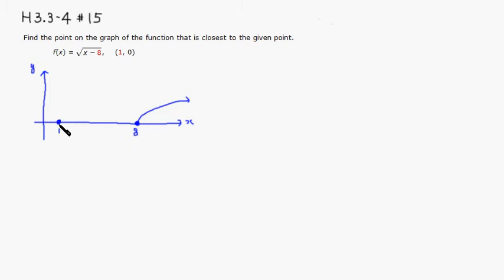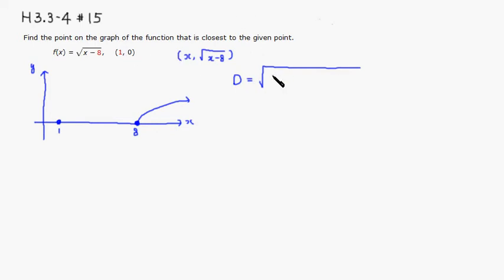Right, so we're looking for the closest point here. From the look of it, the closest point is going to be (8, 0). Let's see if that's the case. Any point on the graph can be written as (x, square root of x minus 8). So using the distance formula, d is going to be equal to the square root of